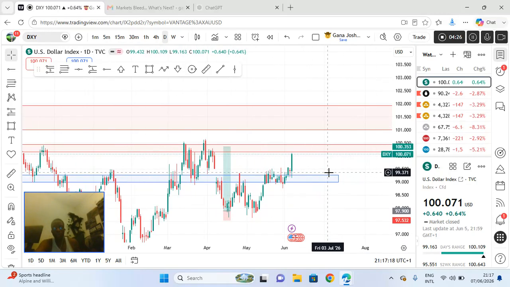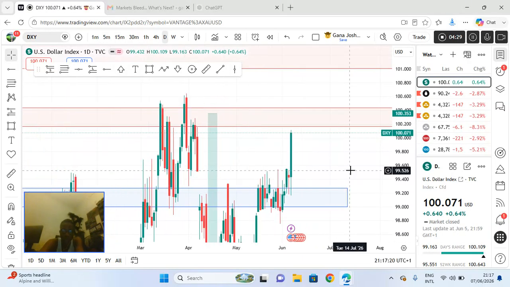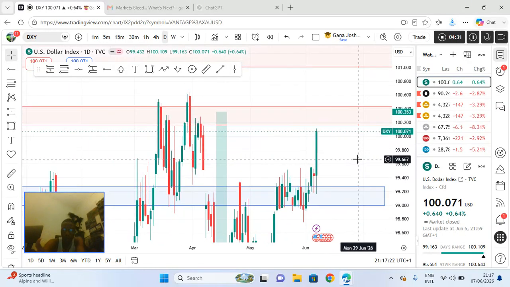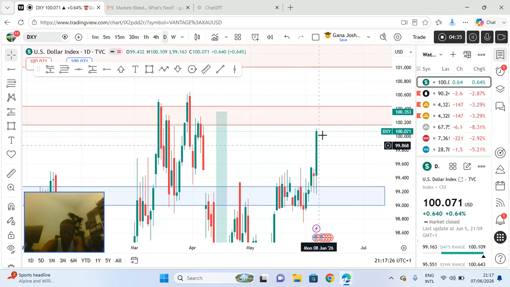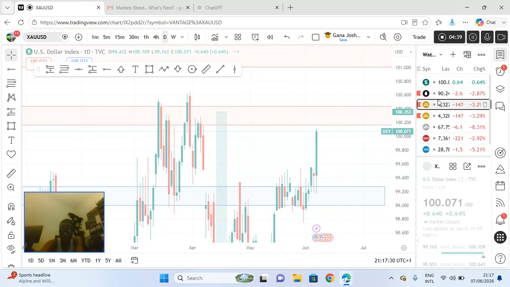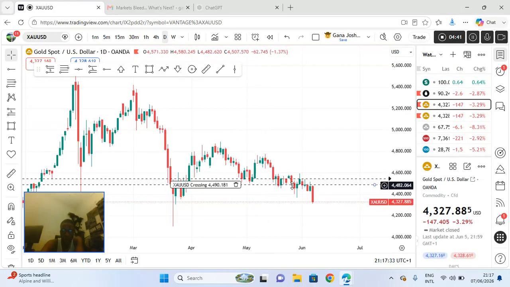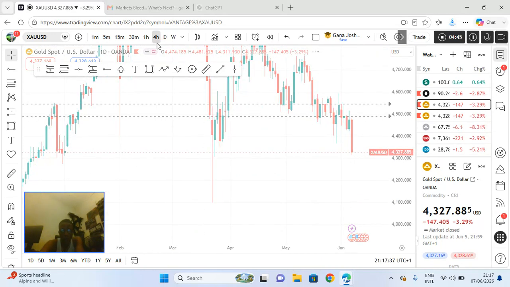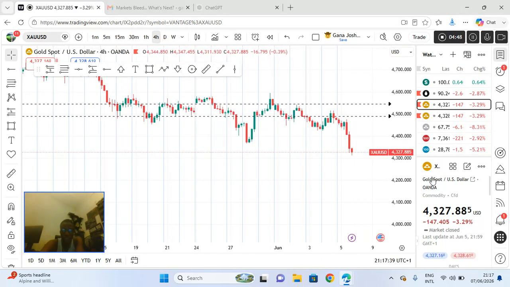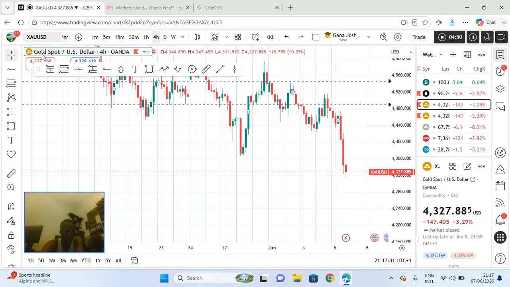Because the DXY is bullish, see what happened. Look at this bullish move. For those of you wondering why we check it, you can see this bullish move, the dollar gained momentum, but look at what happened on gold. Because of this momentum, the dollar had the strength it had. In case you're wondering why, gold is paired against the US dollar, and when it's going down, it means the US dollar is gaining strength.